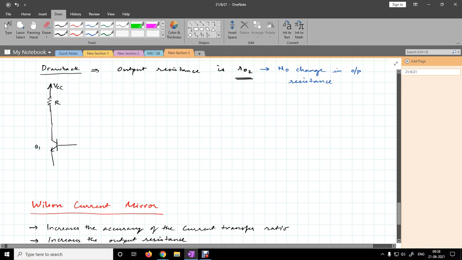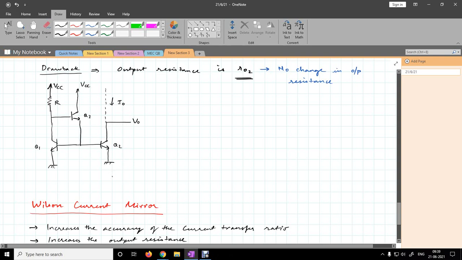This is ground, then this goes to another transistor Q2, this is ground, this is V out, and this is I naught. So I have another base compensation transistor here. This is given like this, and this is gone like this.